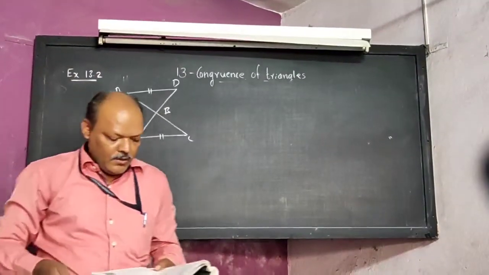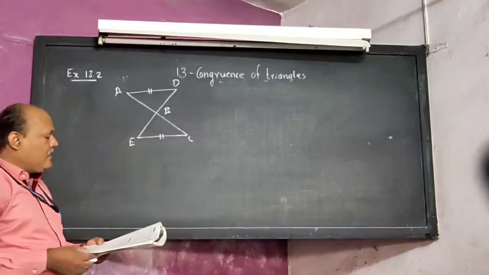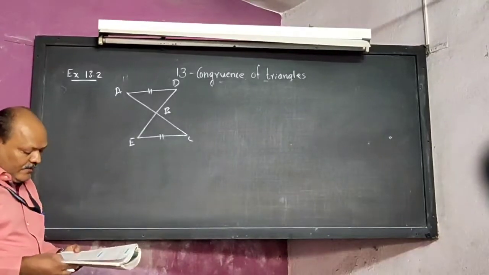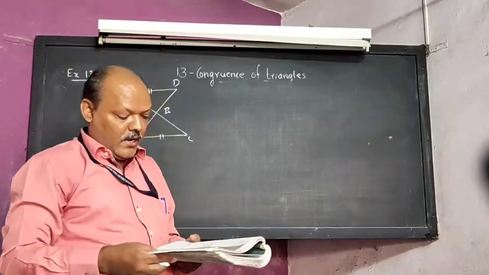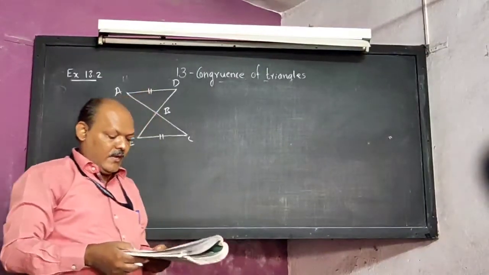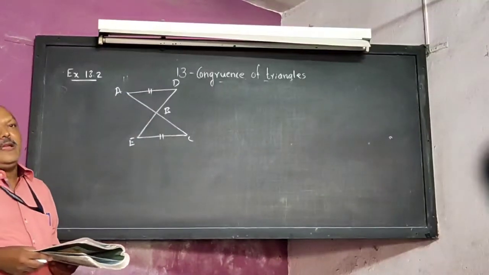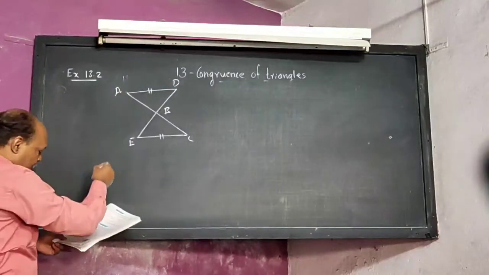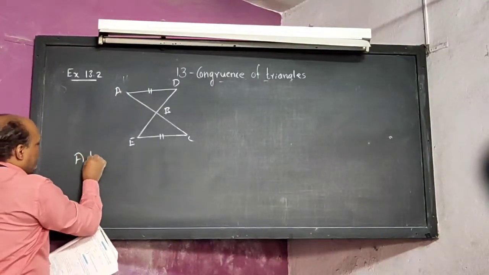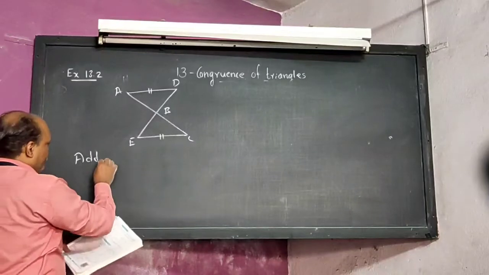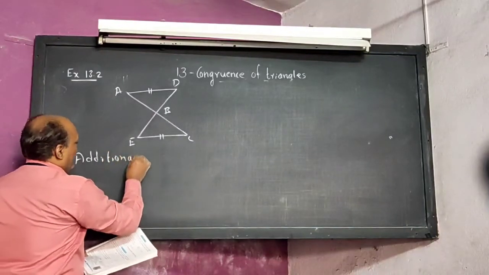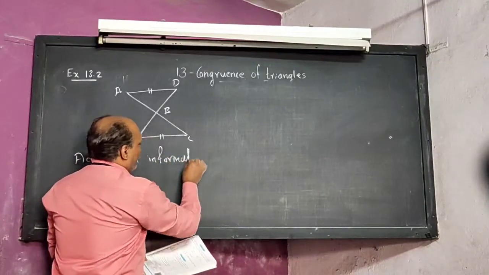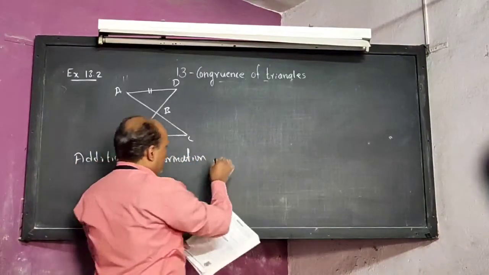Okay, sum number 2. In the adjacent figure, segment AD is congruent to segment EC. Which additional information is needed to show that triangle ABD and triangle EBC will be congruent by the AAS test? So here one additional information is required. So what will you write here? Additional information needed